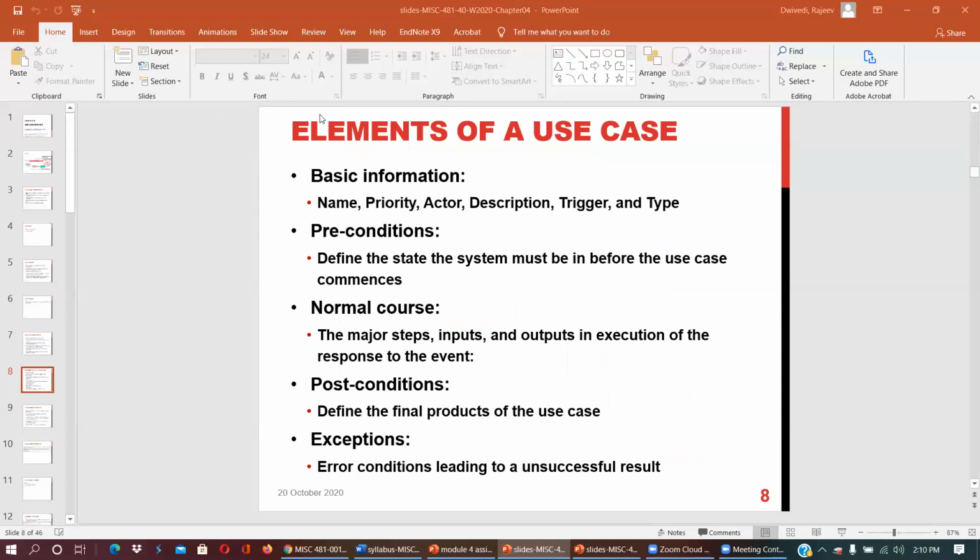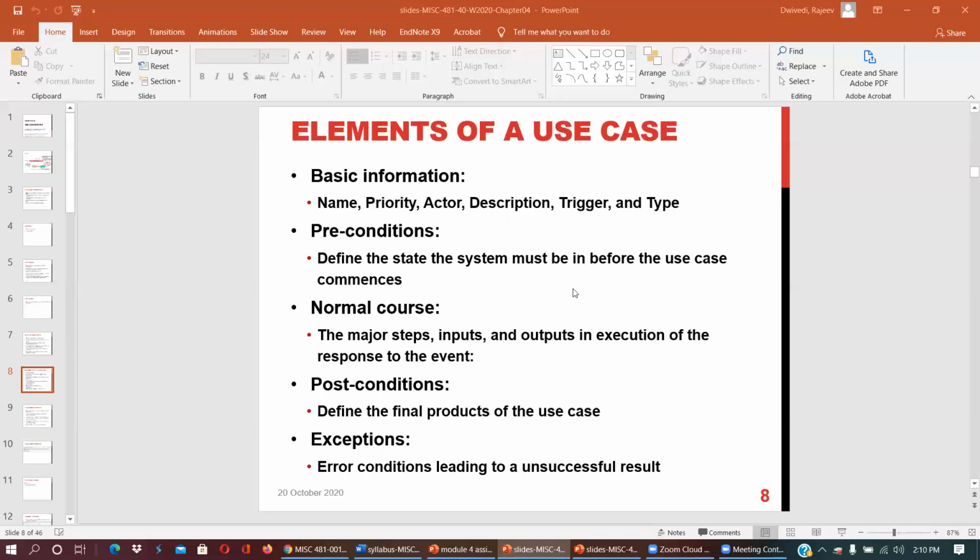Now look into the elements of a use case. Basic information: name, priority, actors, description, trigger, type. Preconditions define the state the system must be in before the use case commences. Then normal courses, the major steps, input, output, and execution of the response to the event.